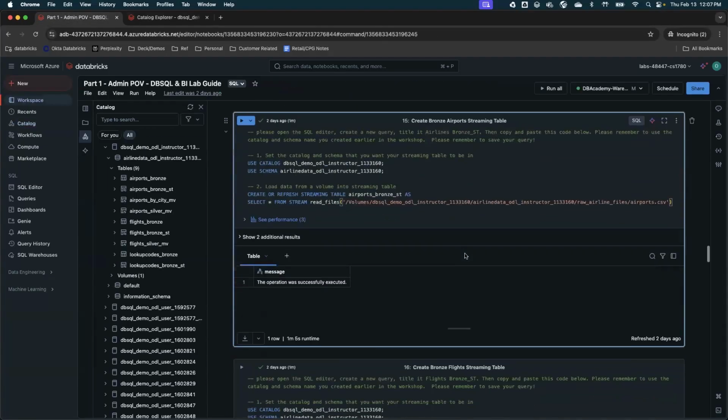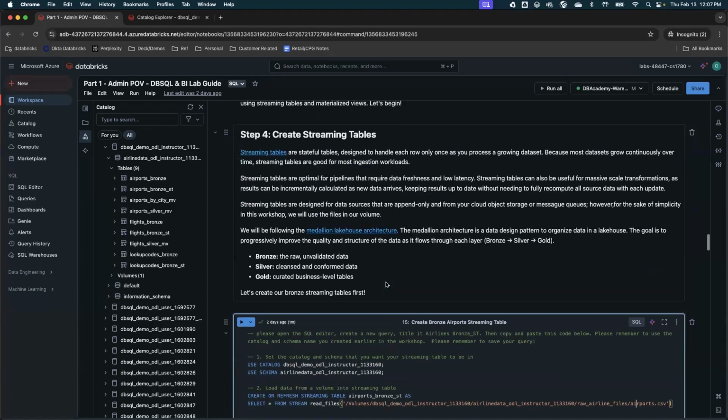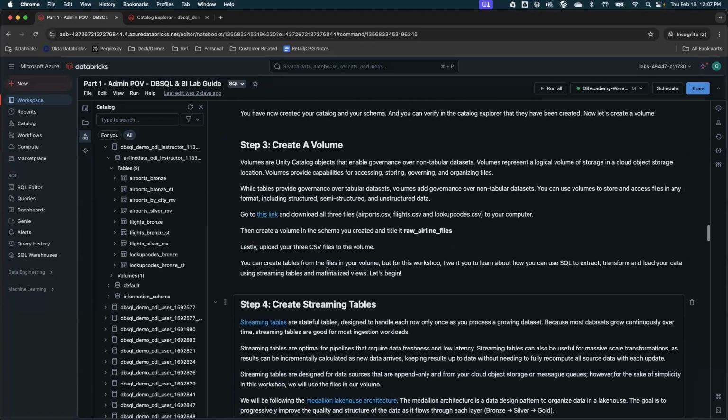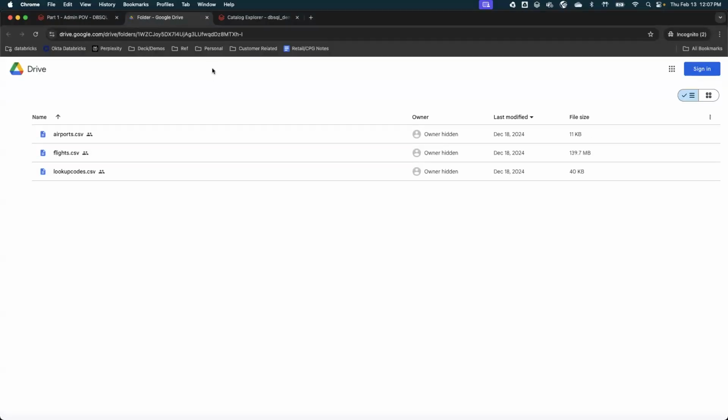Hey Sid, can we take a pause and let everyone do that? Sure. And if you want to have access to the files, can you scroll down, Sid, to the link where they can get the files? It should be a little bit up, a little bit more right there. So in step 3, go to that link. You should have access. If you don't, we will load up the files here to the Zoom chat. So give it a second.